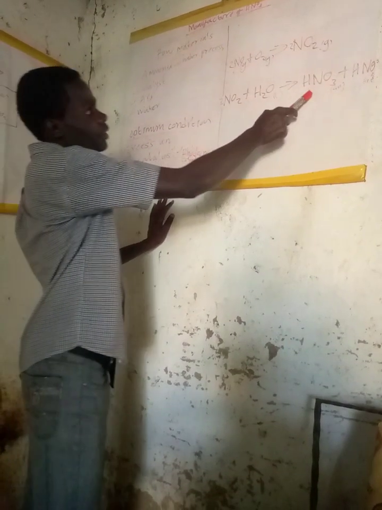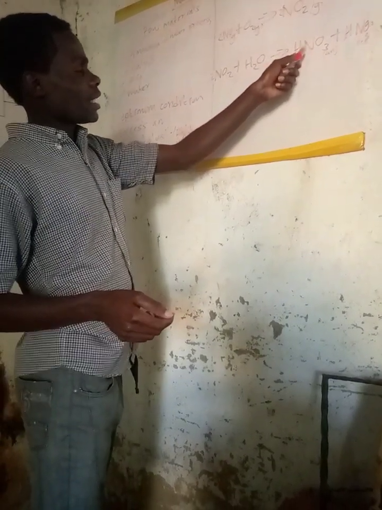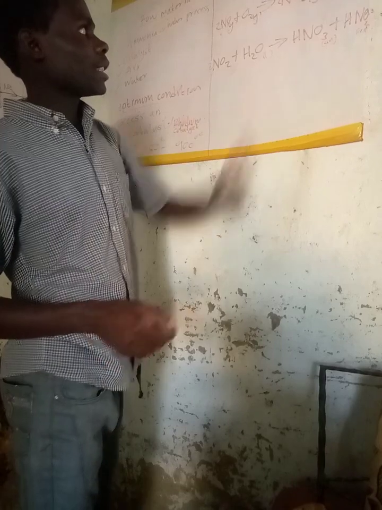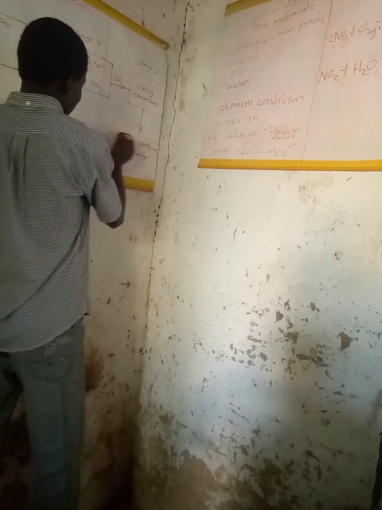So as I was saying, nitrogen oxide reacts with water to form nitric acid and nitrous acid. This is the formula of nitric acid and this is the formula of nitrous acid. The difference is nitric acid has 3 oxygen while nitrous acid has 2 oxygen. So this equation occurs at the absorption tower, and at the absorption tower, as we have said, water is added,